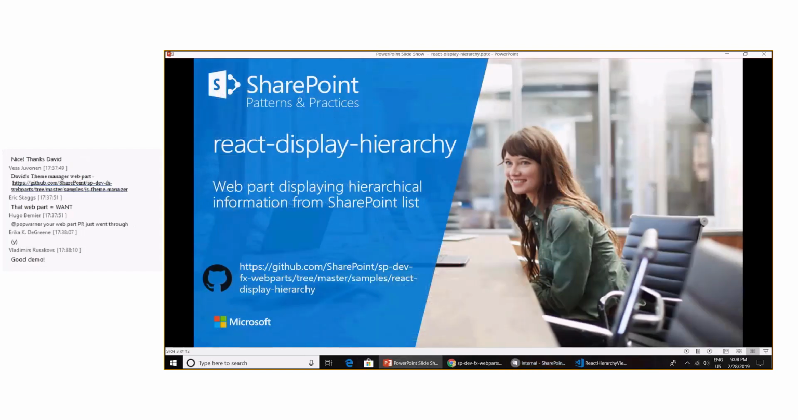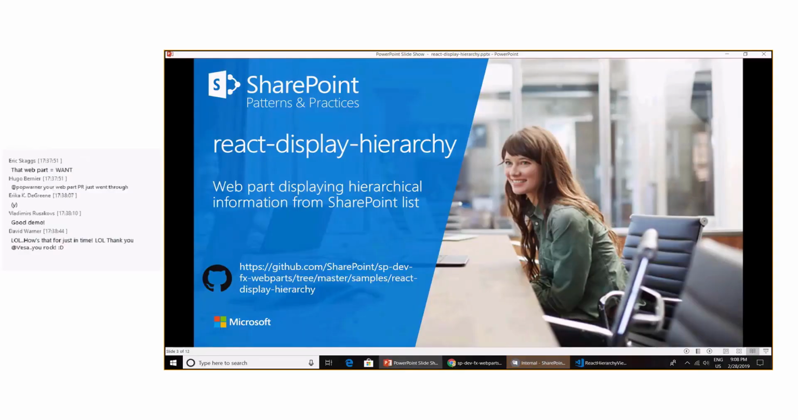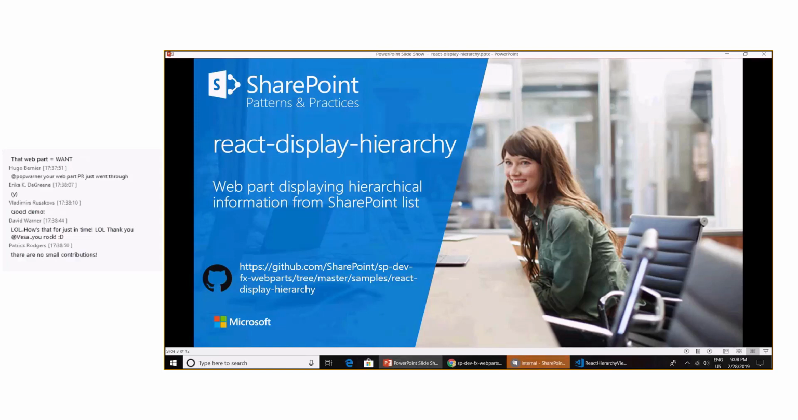So I have been associated with the SharePoint Patterns and Practices community for a long time with my smaller contributions, but this one is my first contribution as such for SharePoint Framework. This sample is developed around the concept of displaying the hierarchy information stored in a SharePoint list. It is developed using React.js and SPFx version 1.6, which was the latest available at the time of development